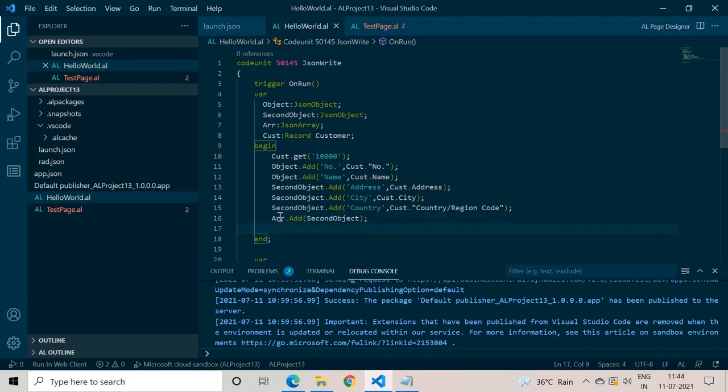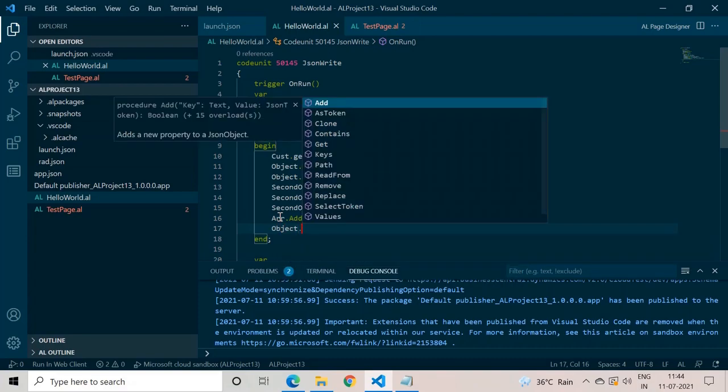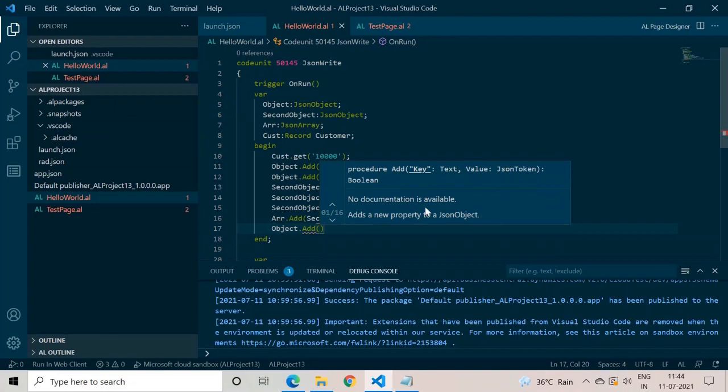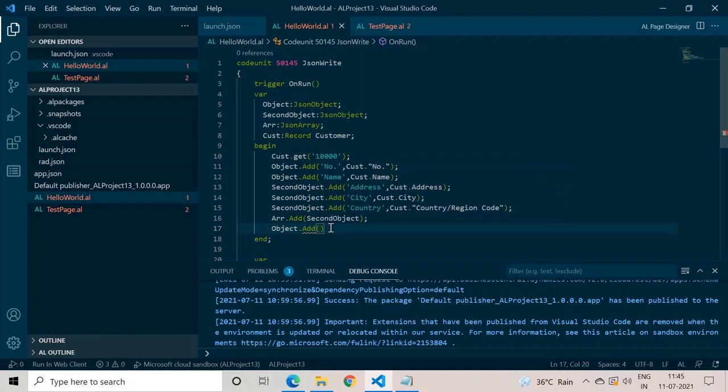So the next line we have to write is object dot add, and as we can see from this, it takes a JSON array also as a parameter. The first thing is text and the second thing is the JSON array. The same thing we're going to do here.